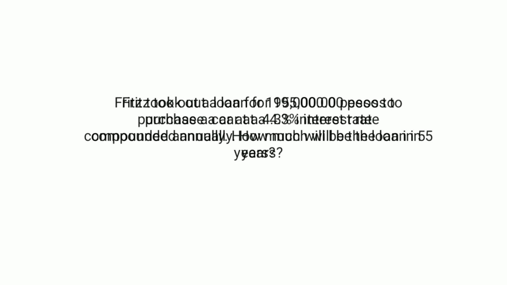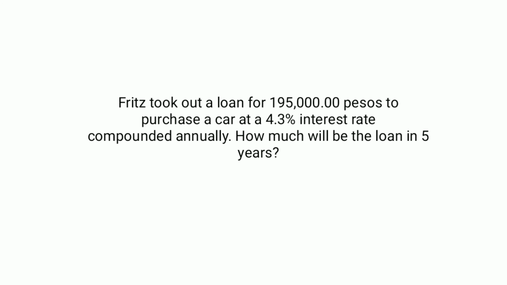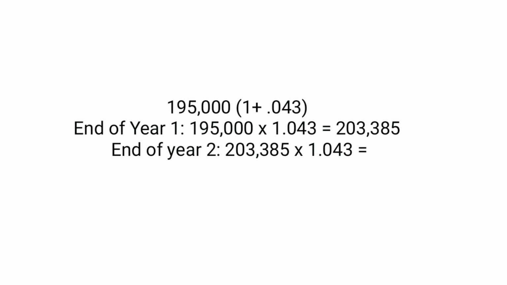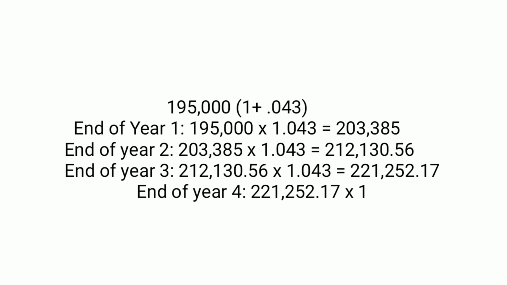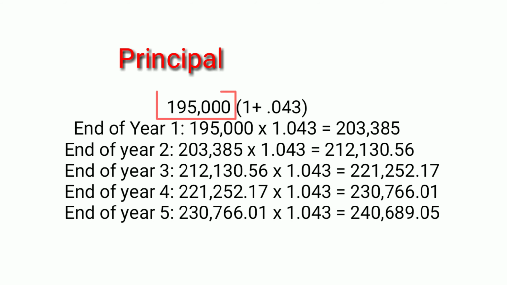So we have a sample problem here. Fritz took out a loan for 195,000 pesos to purchase a car at a 4.3 interest rate compounded annually. How much will be the loan in 5 years? So first we are going to multiply the principal by the interest rate that is added by 1. So as we can see, at the end of year 1, Fritz almost earned